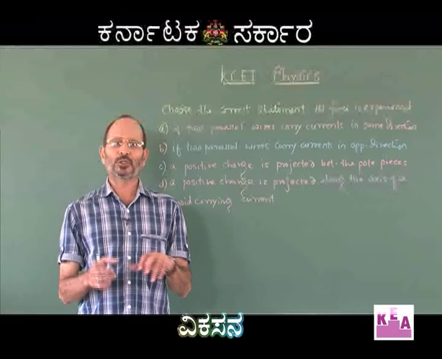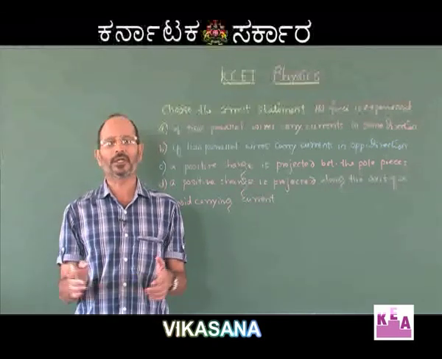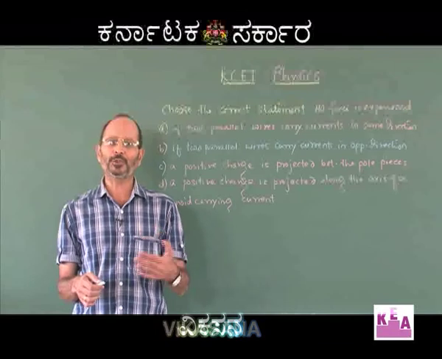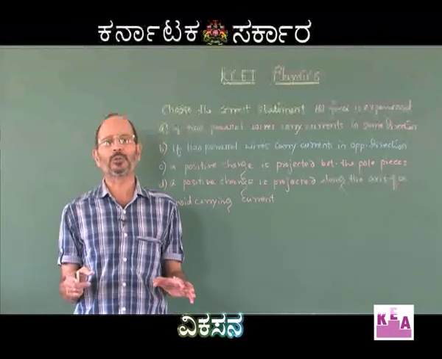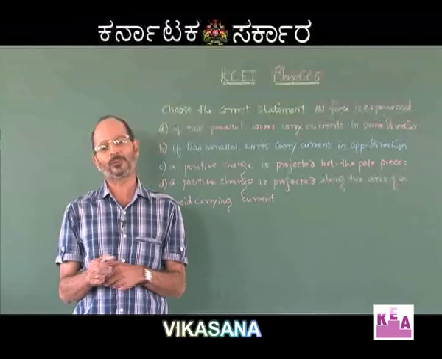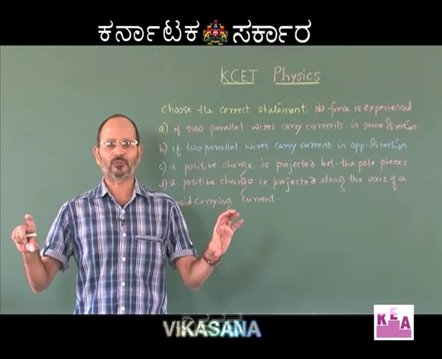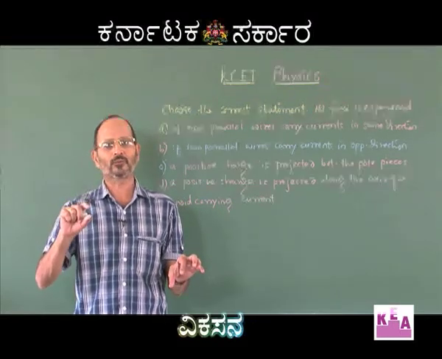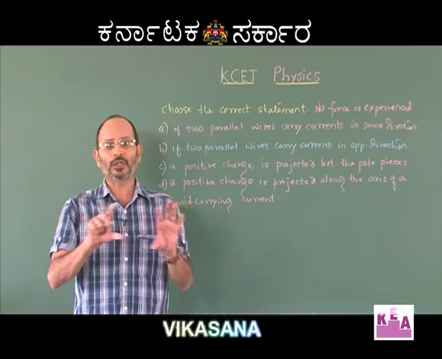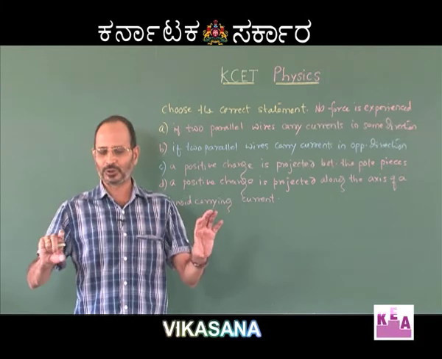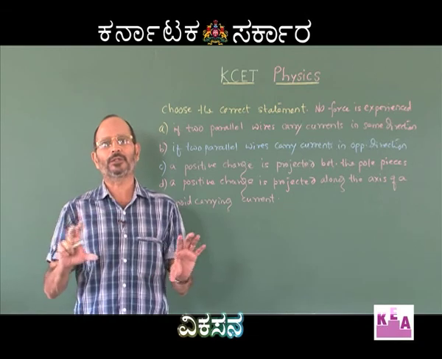Let me tell you something about a solenoid. It is something like a spring made up of a conducting wire, and if you allow current to pass through that particular solenoid, there will be a magnetic field produced by the solenoid. Now, if you imagine that the length of the solenoid is very, very large as compared to the radius of the solenoid, I am not talking about the radius of the wire that you have used to form the solenoid. I am talking about the radius of the solenoid. Say if this is the solenoid, this is the radius from the axis to the solenoid.